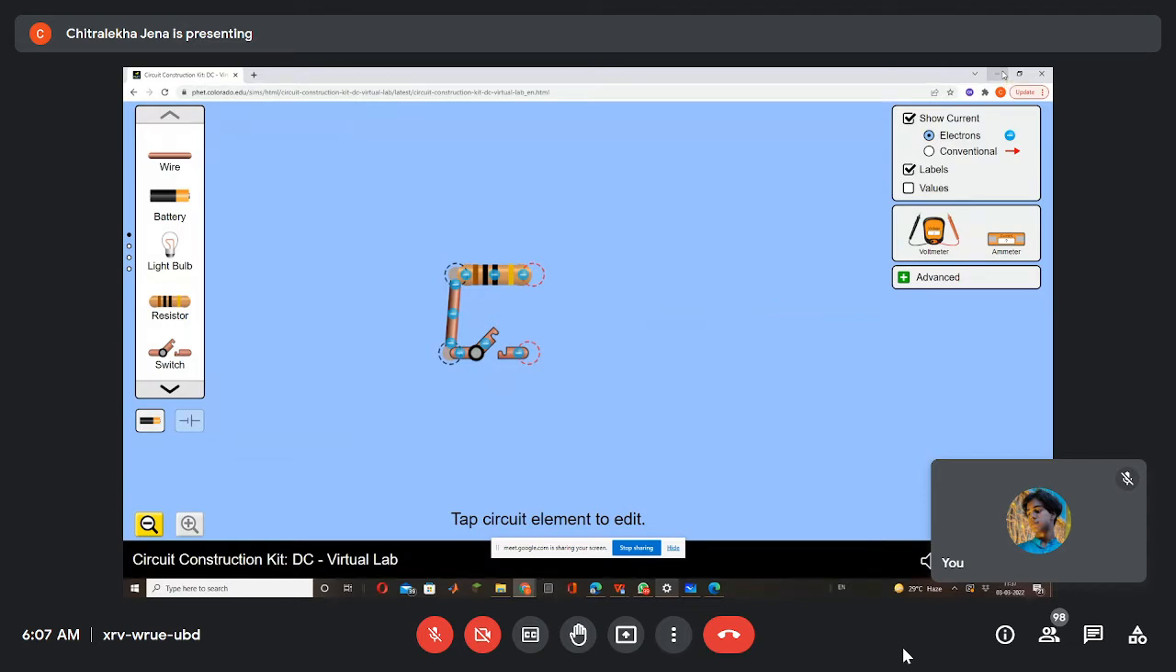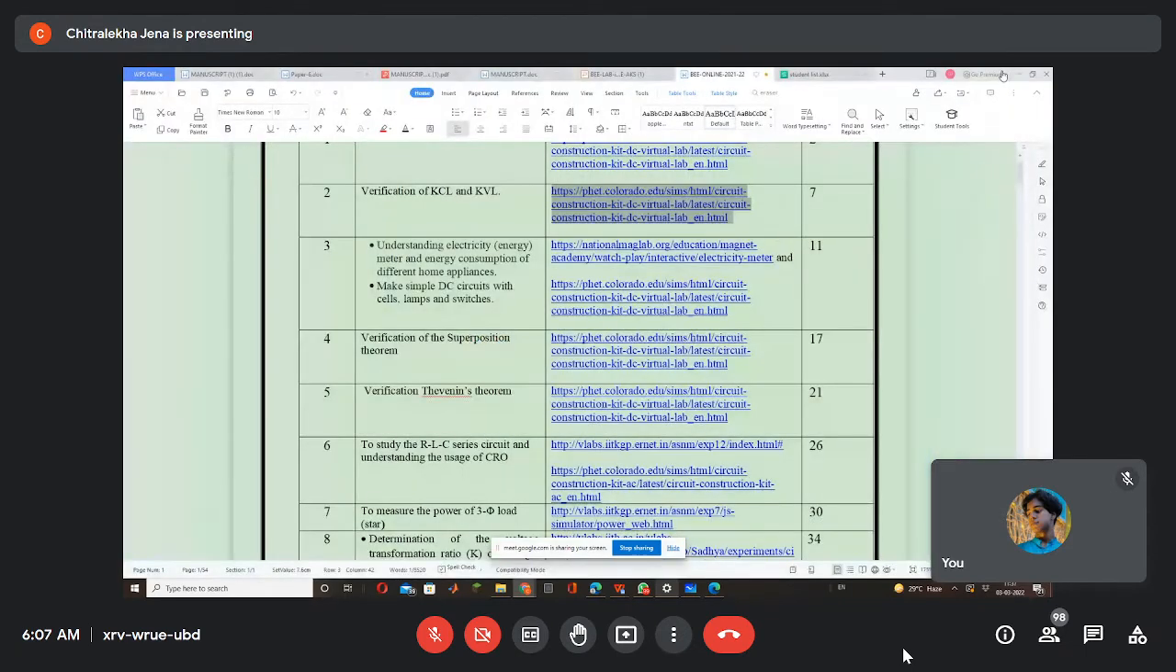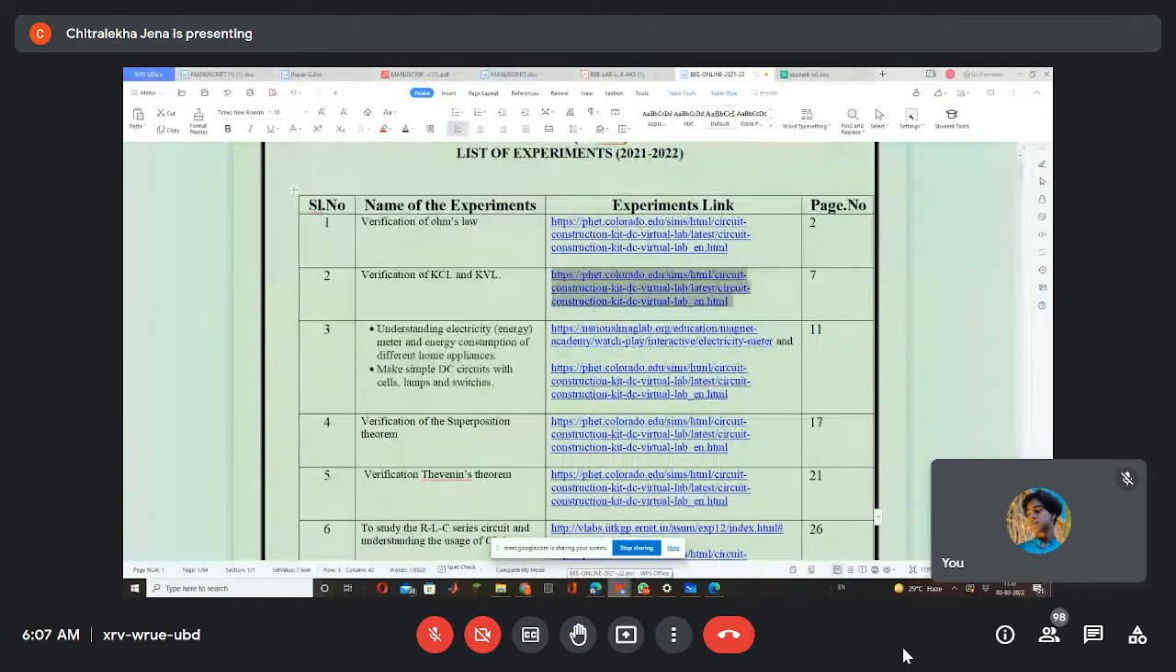There you will attach it. Okay. So this is all about the experiment I wanted to tell you. Don't worry. Before next class, you will be doing the first experiment, verification of Ohm's law. So for the first 15 minutes, 11 to 11:15 or 20 maximum, I will be discussing the theory. And after that, 15 to 20 minutes, you will be